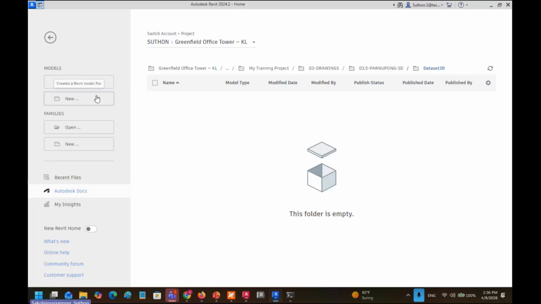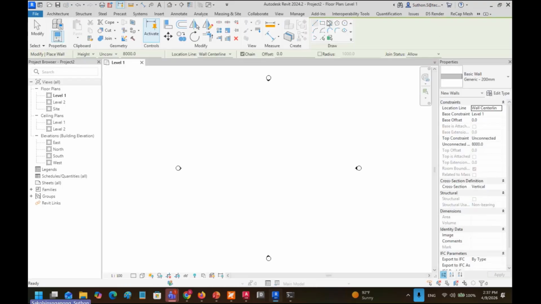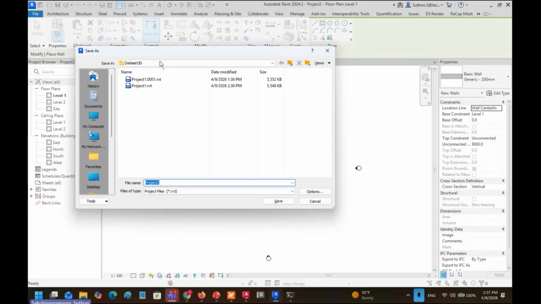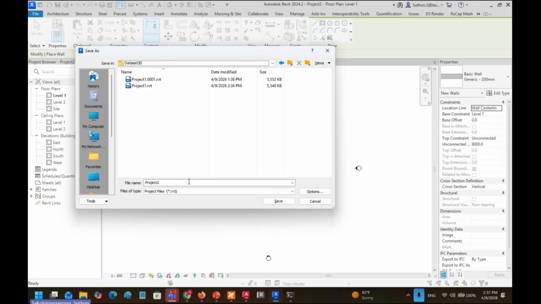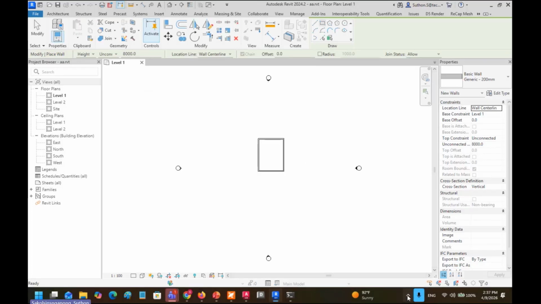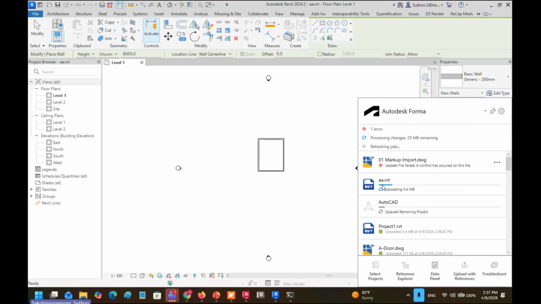No Revit file yet, so I create a new file, and then I create a simple wall here, and I save here. You can see that the system is going to ask us where to save. We already have the local drive on the C. It is a duplicate version of the Autodesk Forma Data Management on our local drive. We can save on the local drive. I will type AA and save. And our desktop connector, the translator, will send our file AA to the Autodesk Forma Data Management. You see,